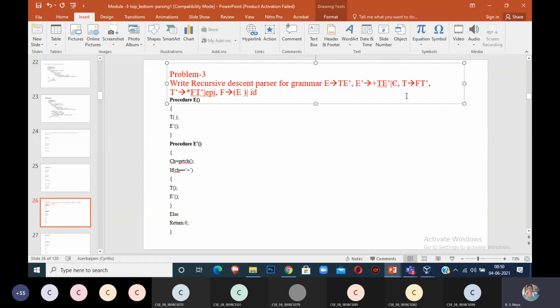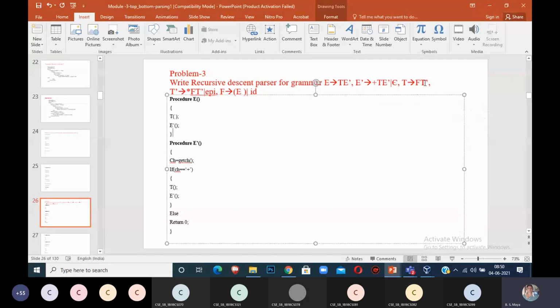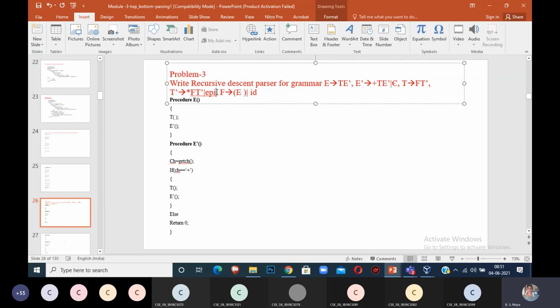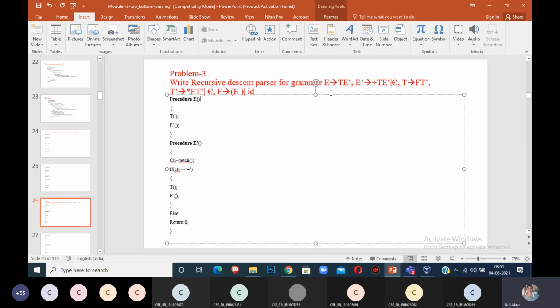T derives FT dash, comma, T dash derives star FT dash or epsilon, F derives E or ID.